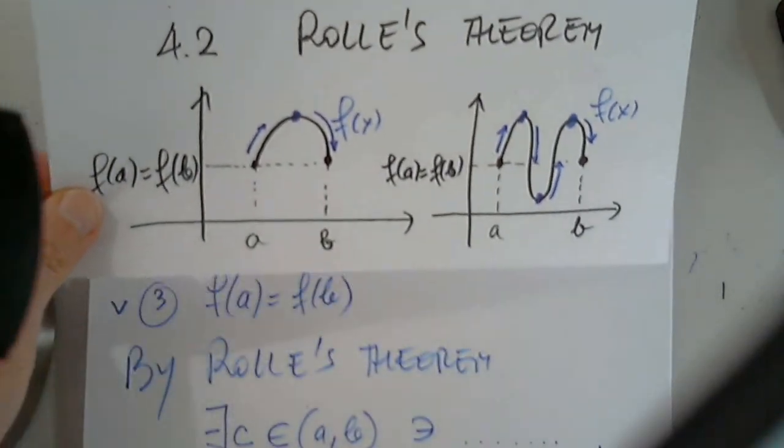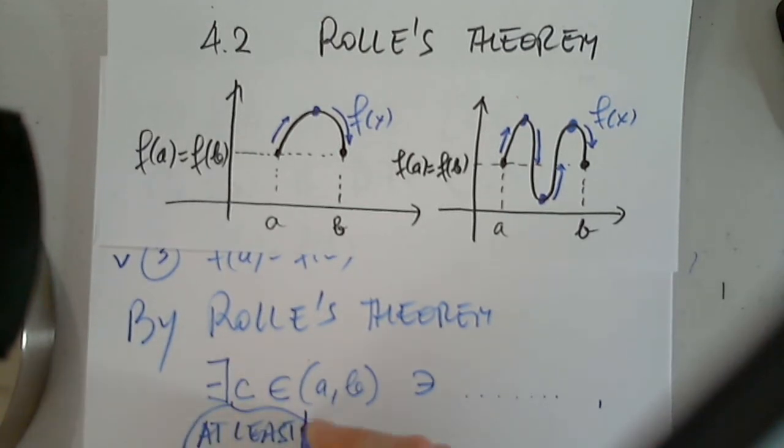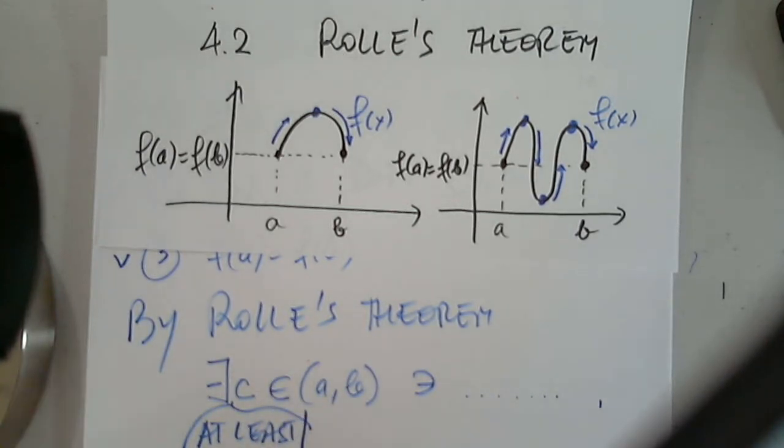Such as what? So by Rolle's theorem, there exists at least one, that is in mathematical terms signified by the exclamation point. So there exists at least one, more than one, at least one c in the open interval a comma b such that